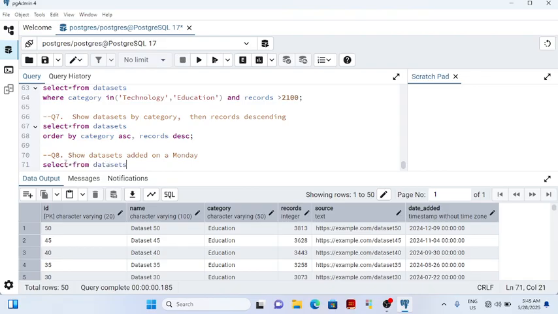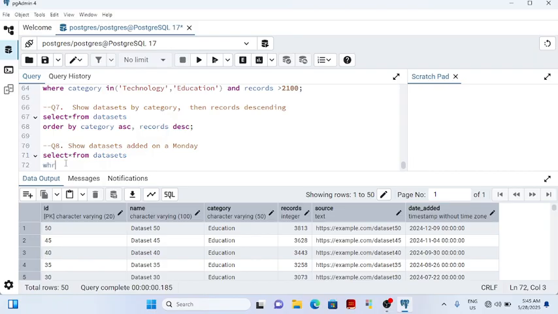If you are looking for anything day, I told you you will make use of DOW. So that will be where extract, open bracket, DOW, then you now say from your date. We are looking for the date, so you say date_added,